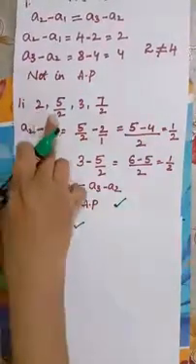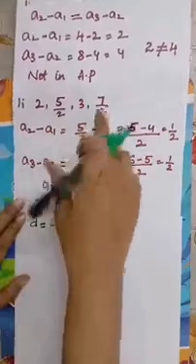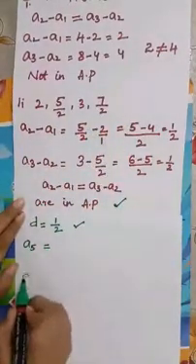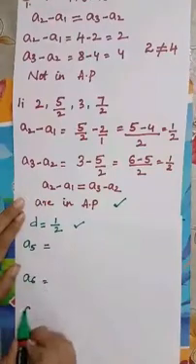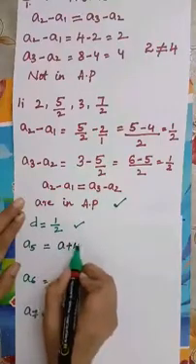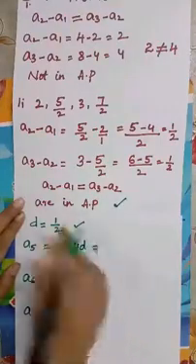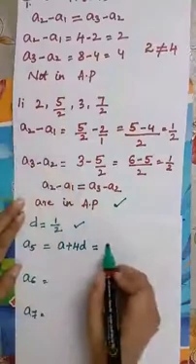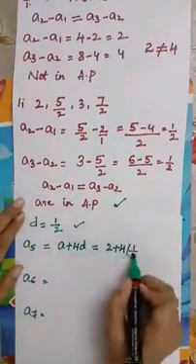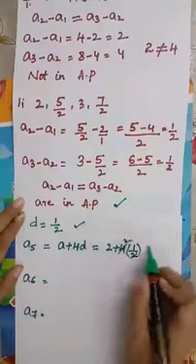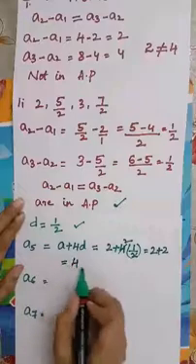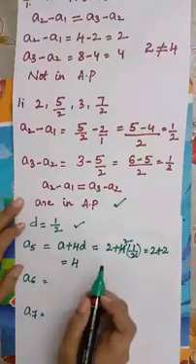First term is A1, A2, A3, A4 is given. Now you have to find A5, A6 and A7. Next three terms. A5 the formula is A plus 4D. A is how much? 2 plus 4 into D is 1 by 2. 2 1s are 2 2s are. That is 2 plus 2. Answer is 4. A5 we got it as 4.